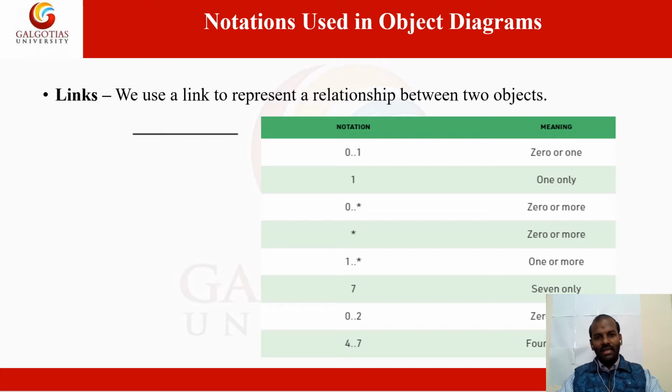For example, let us have a communication between the employee and the customer. In a particular organization, an employee communicates with customers. So one employee may communicate with n number of customers, so it is one to many. Sometimes, in a situation like a call center, one customer can communicate with many employees. So it is vice versa, and the multiplicity of the communication changes.